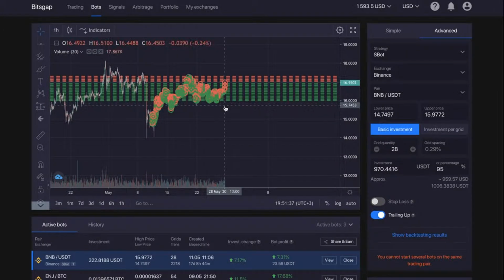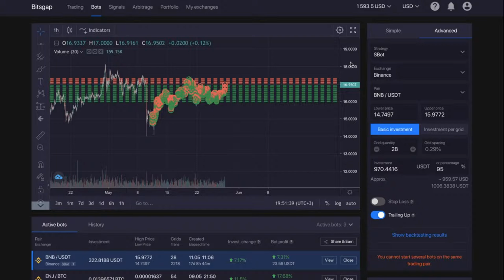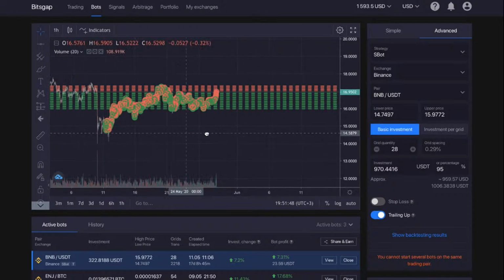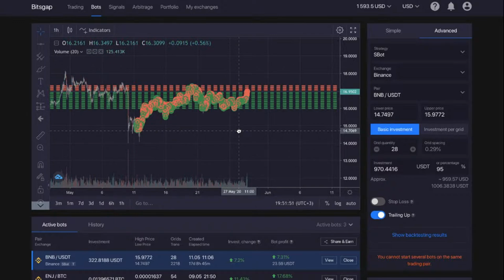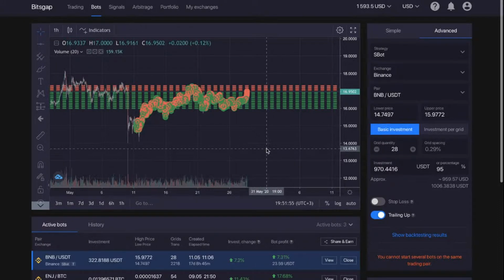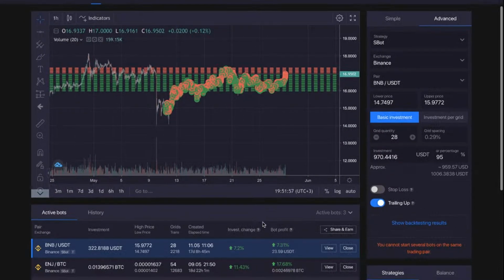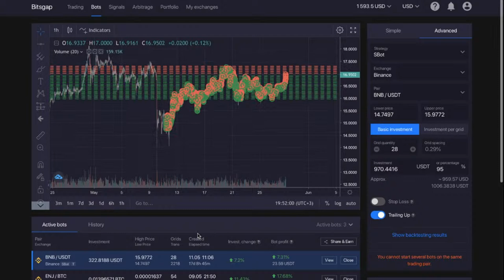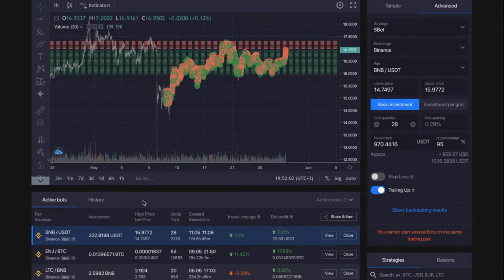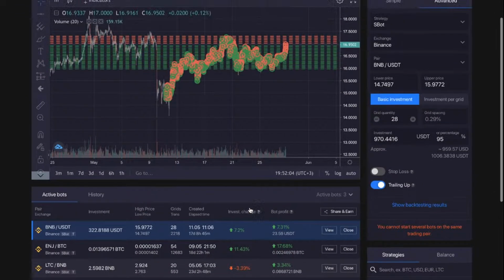So make sure that you are not staying in front of your computer 24/7. Otherwise you would become a crazy trader and you would make many mistakes, because sitting in front of your computer for a long time can be quite harmful. So make sure that you monitor your automated trading bots' activity, but not on a 24/7 basis. All right,